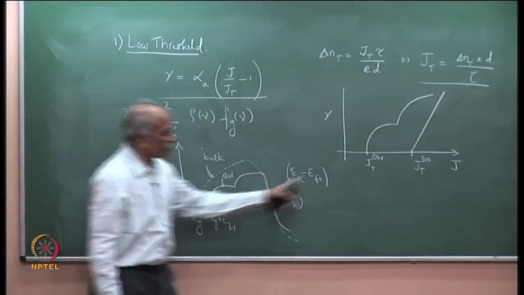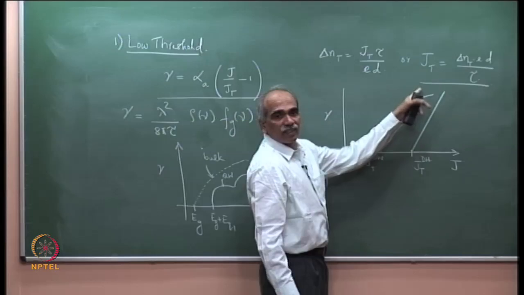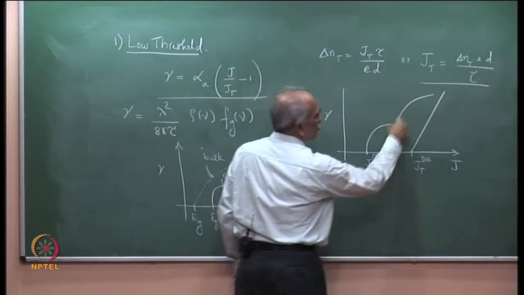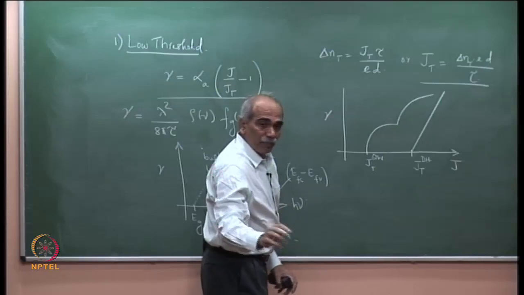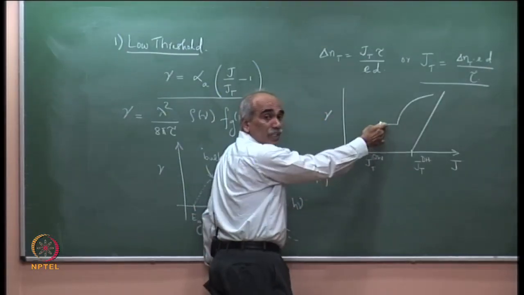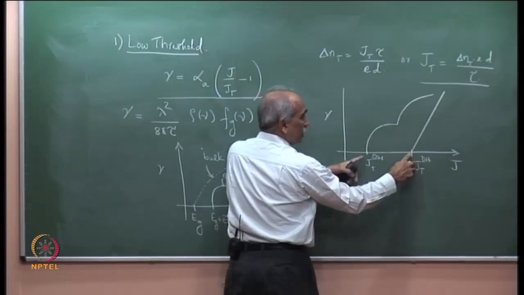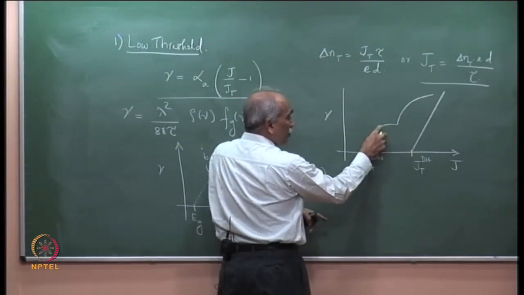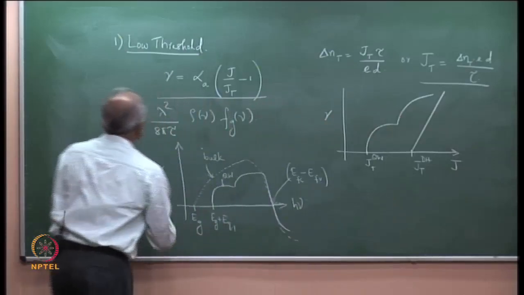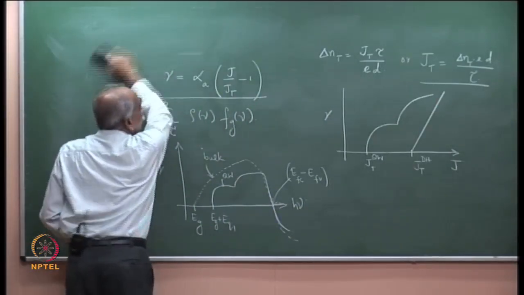Because the density of states varies like this, you will see that gamma varies like this. But the important point is, at a low value of current, we have sufficiently large gain. Please see, the gain is much larger at low currents, and therefore, although